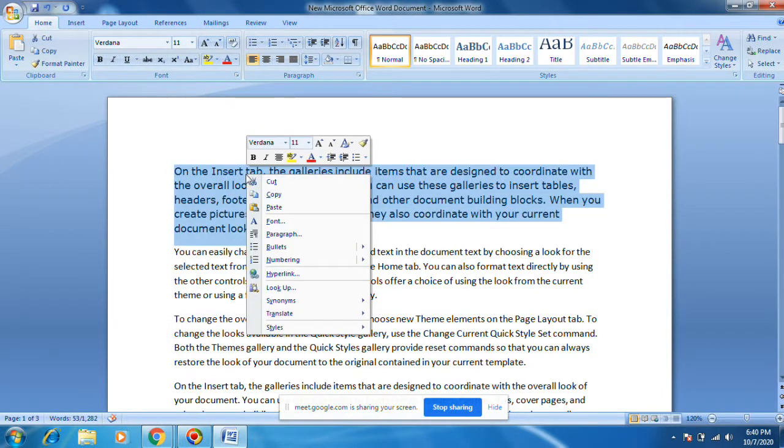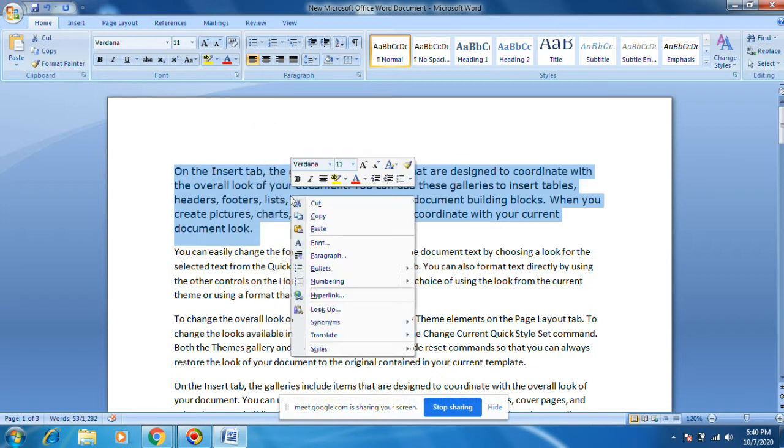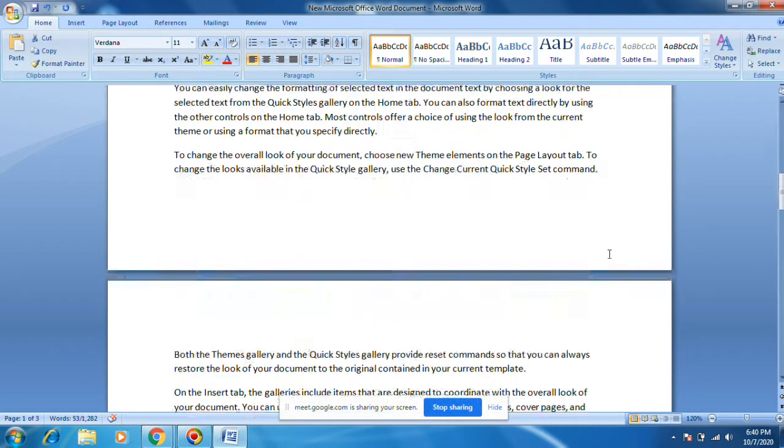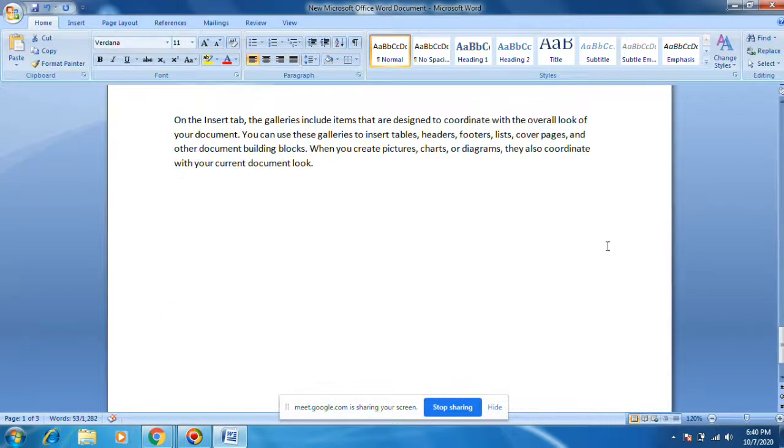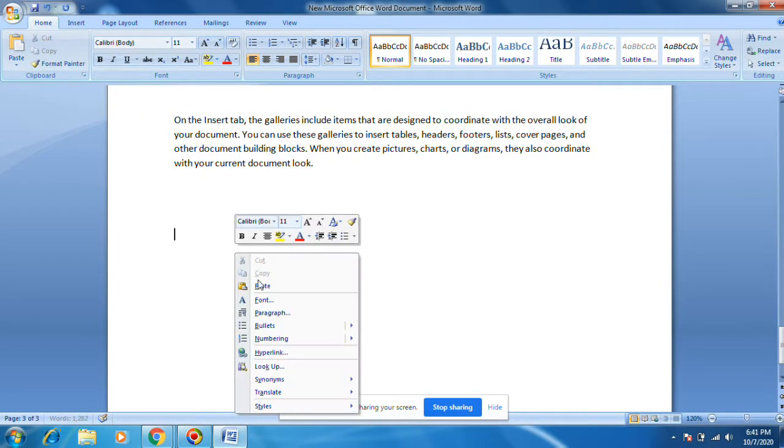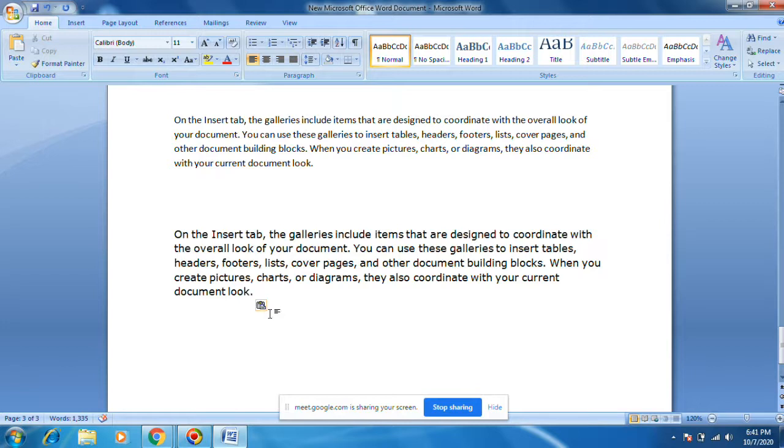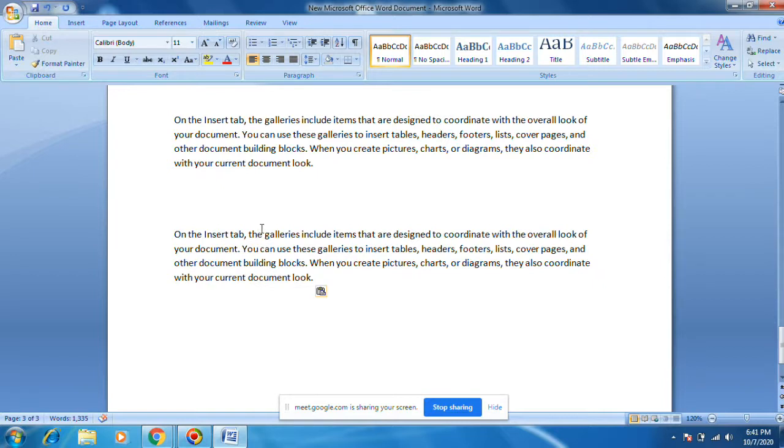I just did copy. Now I did paste. Right click, paste. This is the source formatting. Now keep text only. Something will change. You see, whatever the default font is, it changed.